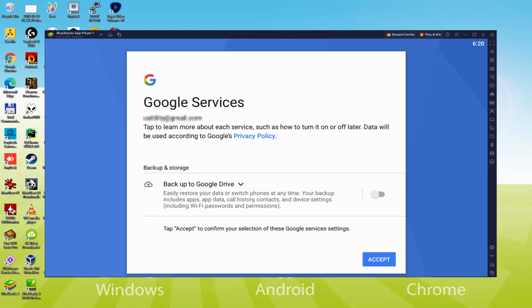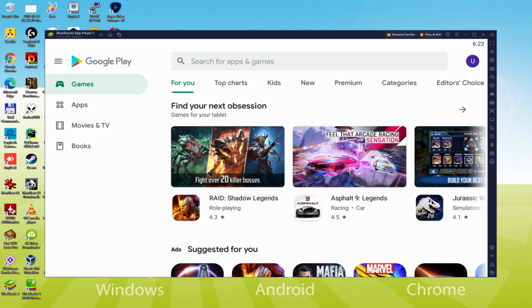I am not going to select it. You can utilize this option if you like. We click on accept. Google Play Store is started automatically and immediately. To set up the game, we must get to the Android emulator desktop by clicking on the icon marked